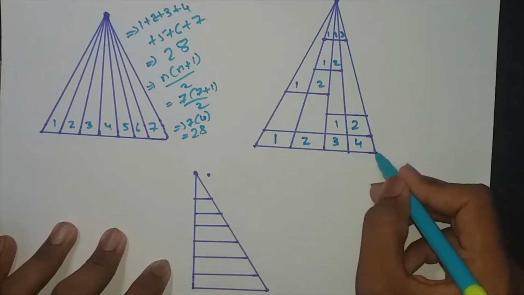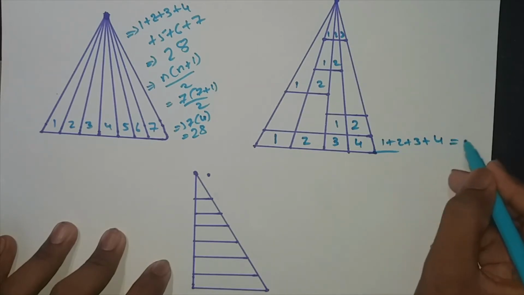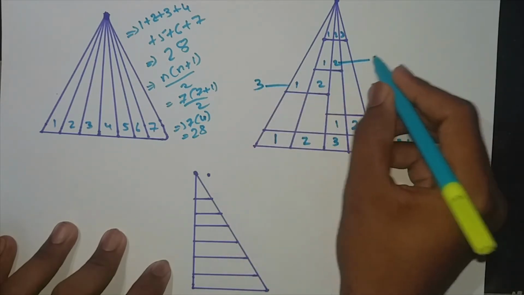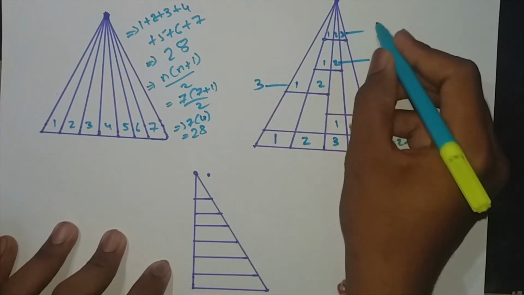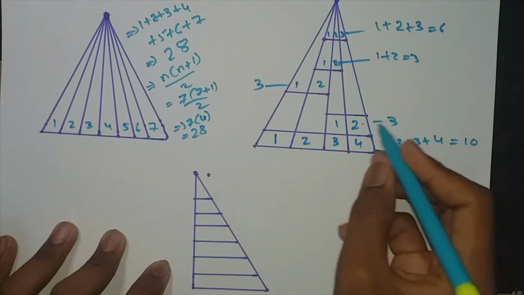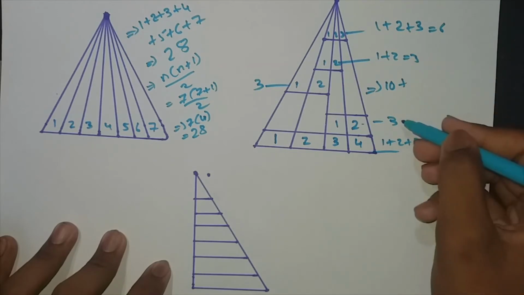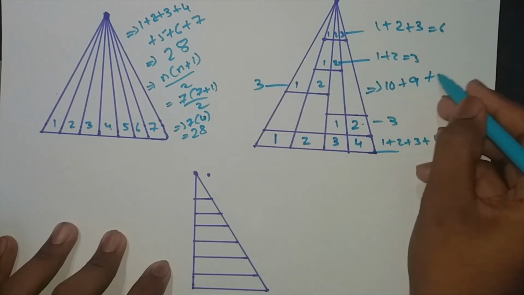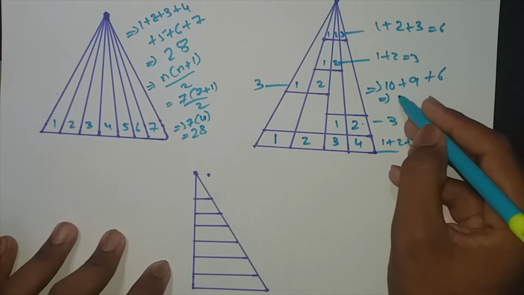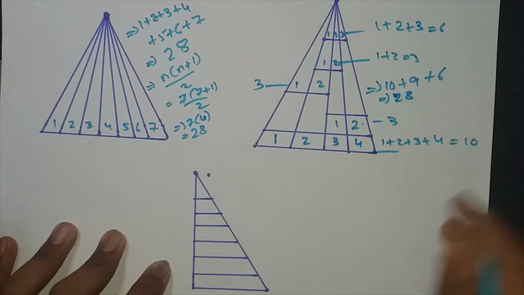That means for this base you have 1 plus 2 plus 3 plus 4, it's equal to 10. For this base you have 3, for this base you have 3, for this base you have 1 plus 2 equal to 3, for this base 1 plus 2 plus 3, that is equal to 6. So add all these numbers, you will get the total number of triangles. That means we have 10 plus 9 plus 6. That means you have a total of 28 triangles in this,